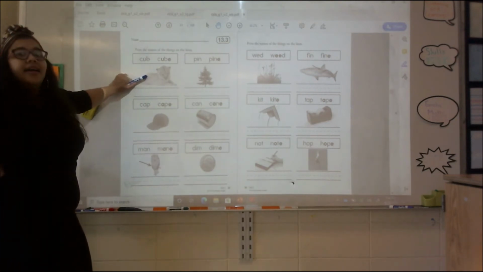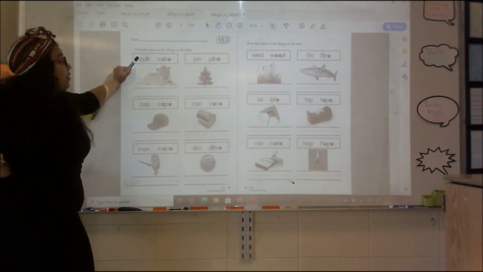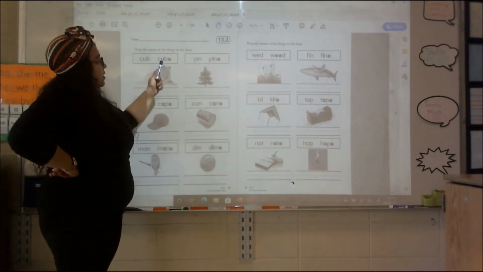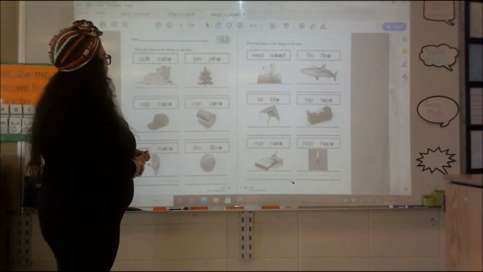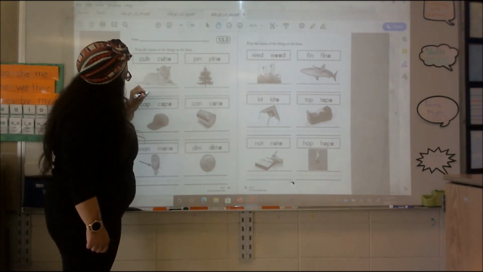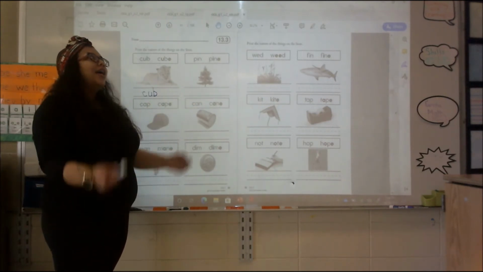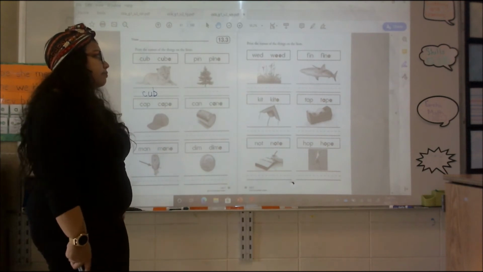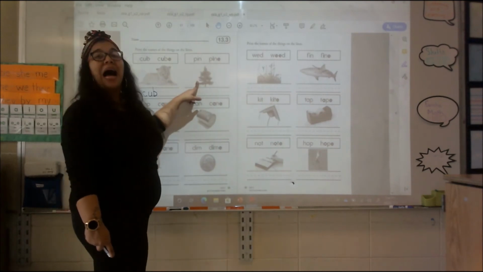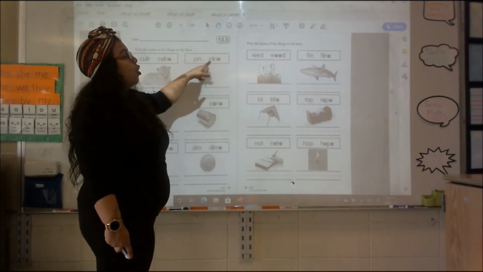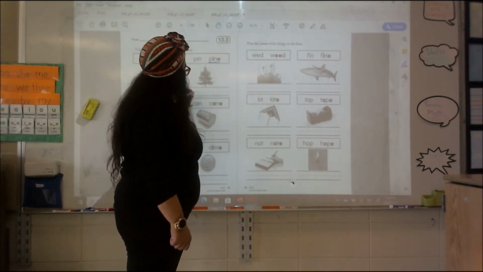So this is a picture of, it's a lion, yes, but is that one of the words in our box? No. The words in our box are cub and cube. Notice the spelling. Look at the picture. Do you hear a or you? I hear that too. So this is a cub. What is that a picture of? Okay, yes, it's a tree, but what kind of tree? Yes, it's a pine. Say pine. Good. Do you hear pin or pine? Do you hear I or it? You hear I, which means this has to be the correct spelling of the word